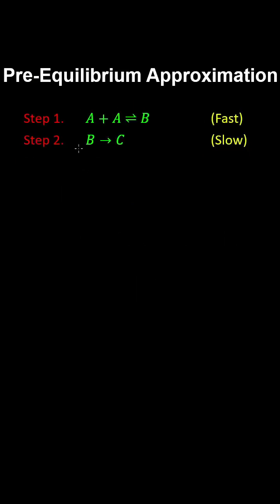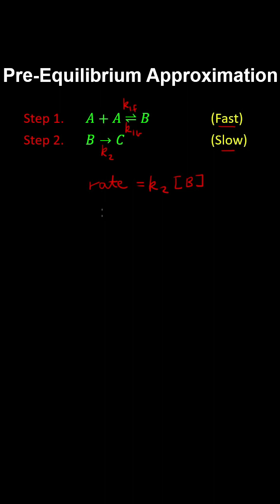The pre-equilibrium approximation can be used to determine the rate law for a reaction mechanism where the first step is an equilibrium reaction and not the rate determining step. So first we assign rate constants for the forward and backward reaction and the irreversible reaction. And now we can write the rate law using the slow step. And B is an intermediate, so this is not our final rate law, which we need to write in terms